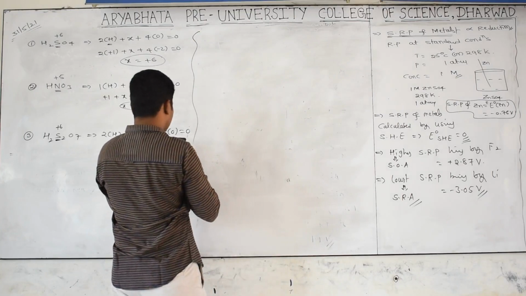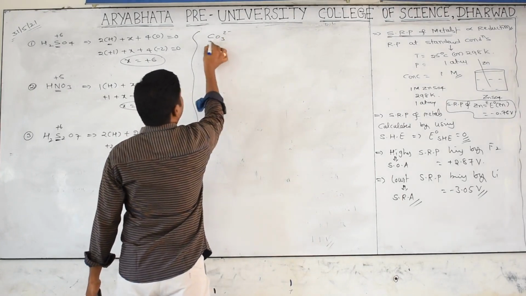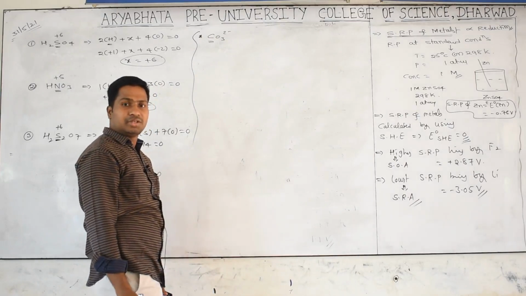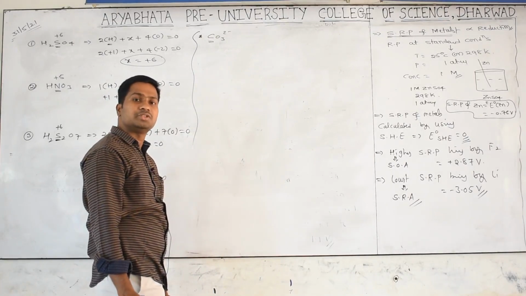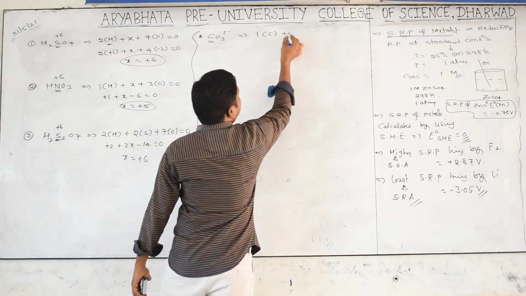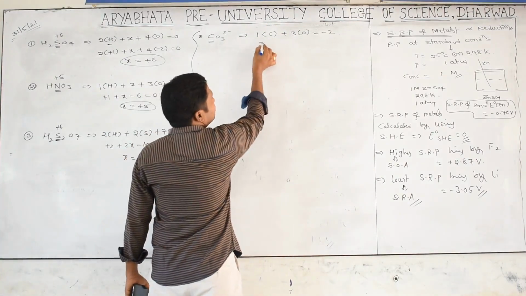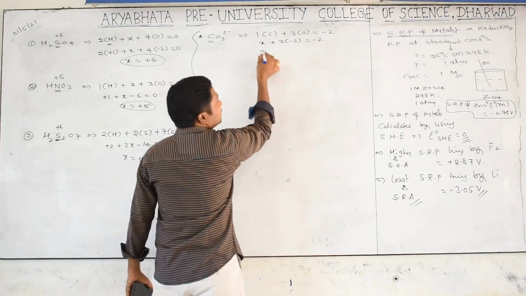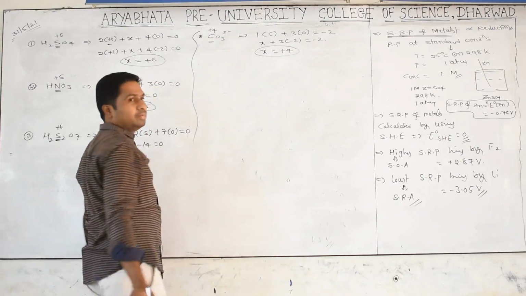For example, you have CO3 2-. I want to find out the carbon oxidation number. Is it neutral or charged? Charged. What is the condition? The sum of the oxidation numbers of all atoms in a charged particle is equal to the charge. Neutral means 0, charged means equal to the charge. Taking 1 carbon here and 3 oxygens, equals the charge -2. You want to find carbon, so X plus 3 into each oxygen -2 equals -2. Then X comes to +4. The oxidation number of carbon in this is +4.